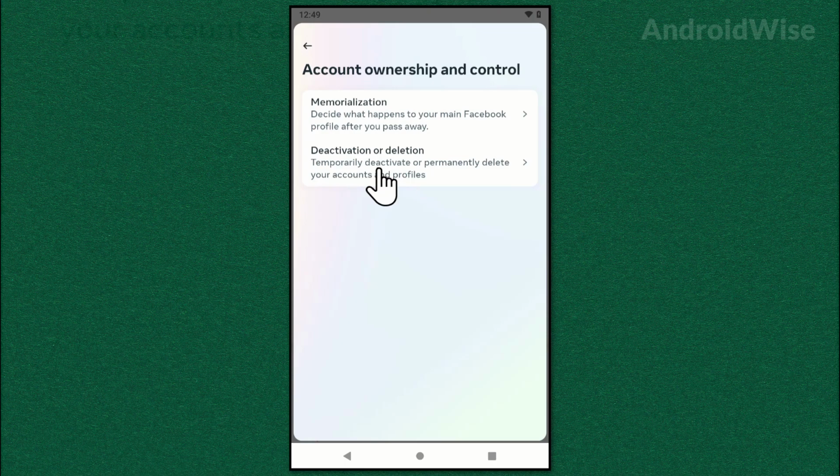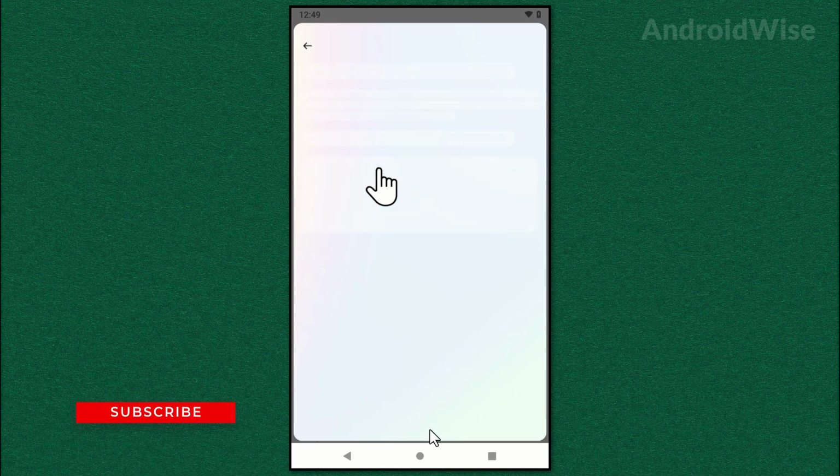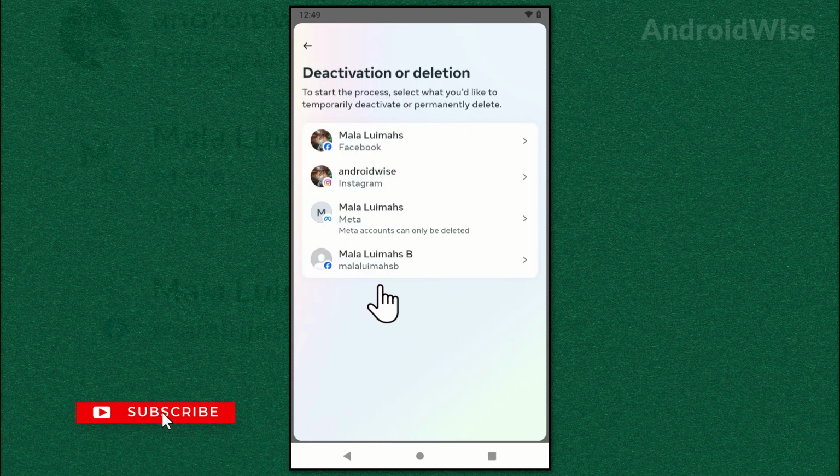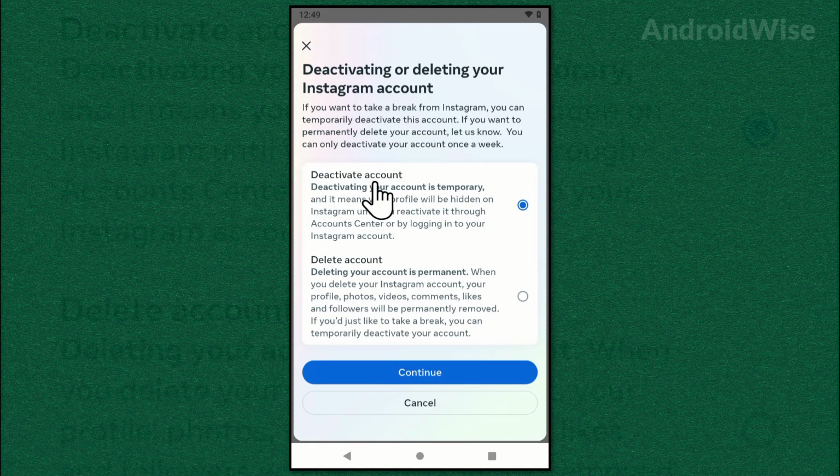And the second option is for deactivation and deletion. Tap on it. Now tap on the account you want to deactivate. Make sure the deactivate account is selected. Now tap Continue